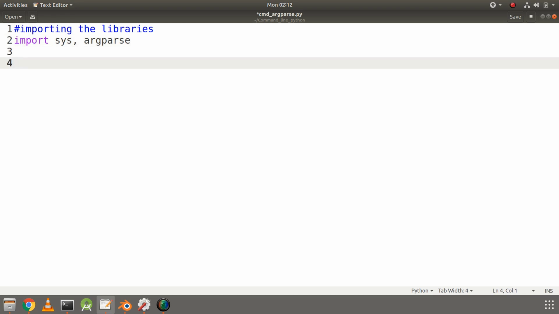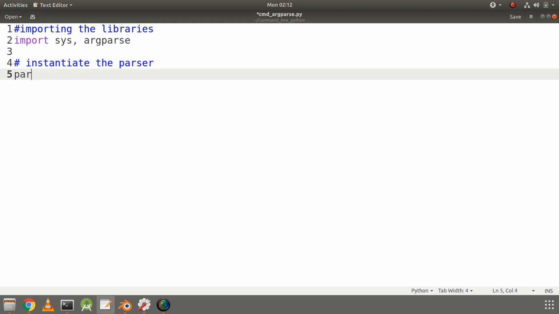Right, so the next step is to create our parser. For creating the parser we will require the function ArgumentParser, instantiating the parser. So parser equal to argparse.ArgumentParser.